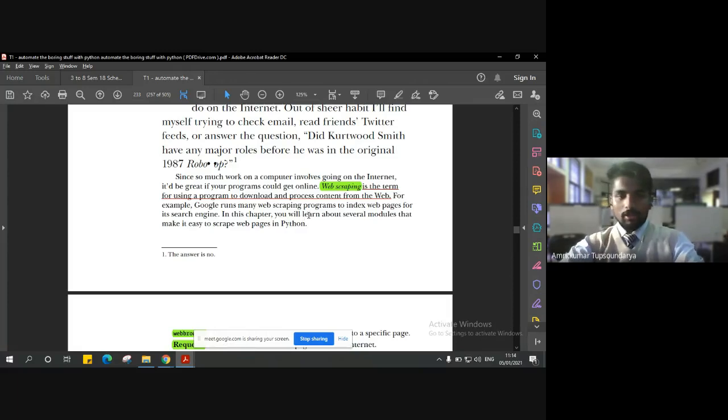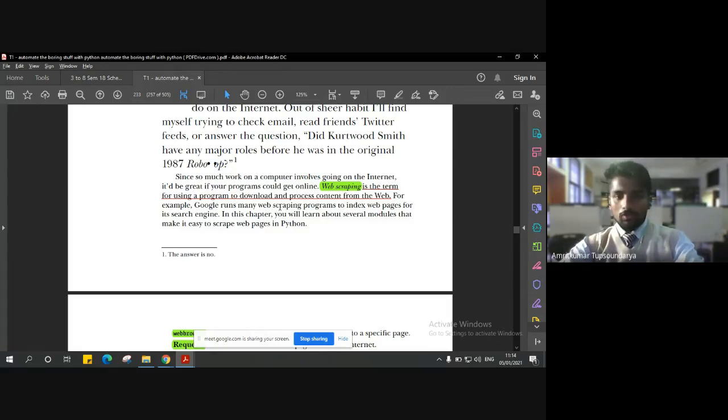That's how Google also makes use of web scraping to analyze the data, and depending on your search history and other web pages that you have visited, it will give you some kind of suggestions about pages you visited earlier and pages that you would potentially like to visit. It's a kind of prediction and recommendation that it's trying to do. So this is the basic understanding of web scraping.